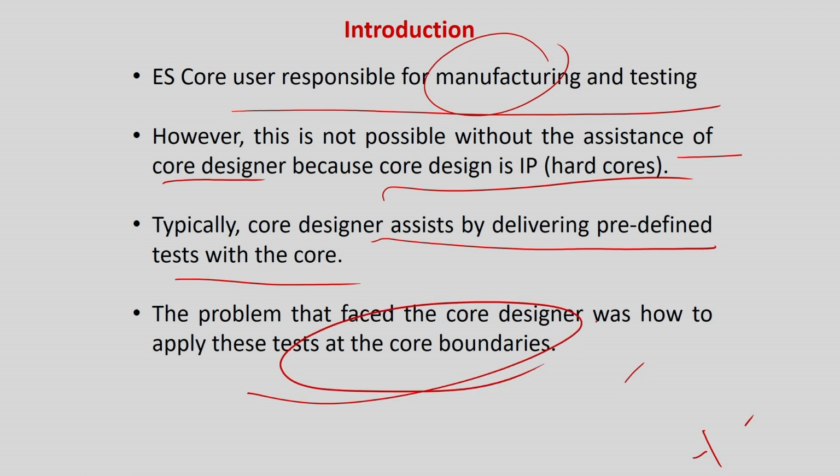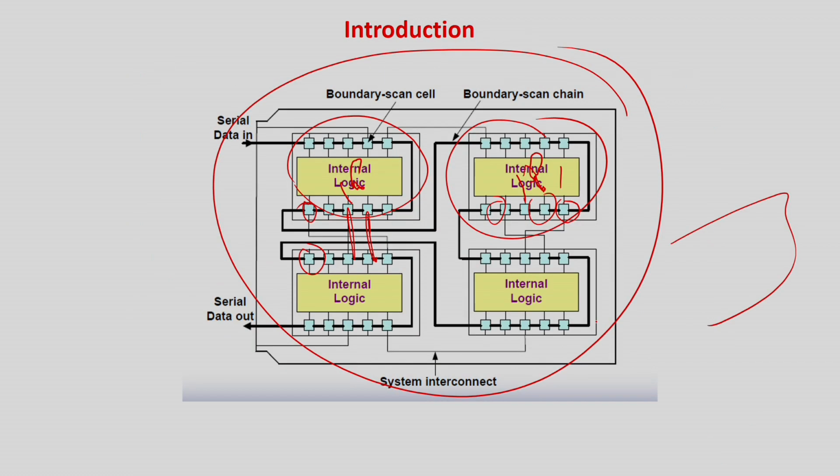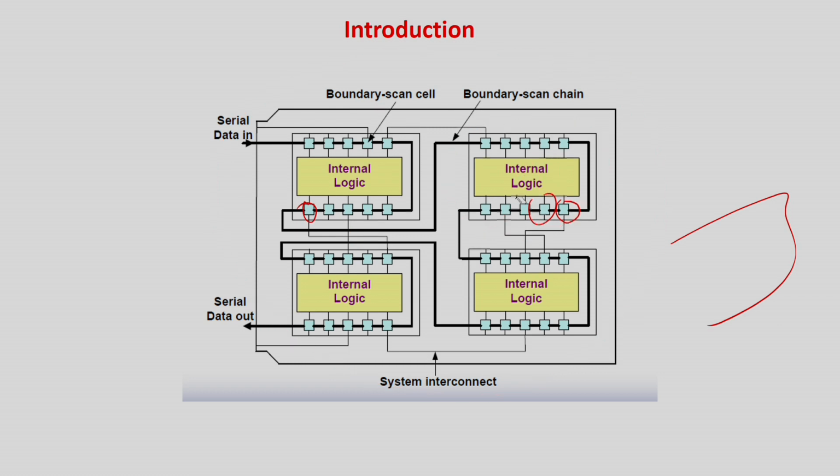That some pins will become internal pins, because the core vendor has sent you an entire core with input outputs, but some of the pins will now be internal pins. How to access them? That is the challenge of core based testing. So again, this was our motivational example. Whoever has sold this core to me will tell you, these are the internal pins you apply something to, and these are the external pins where you observe the response and analyze. Fine, but after I have put it in a single die and manufactured it, these are the pins which are no longer accessible from the external world.